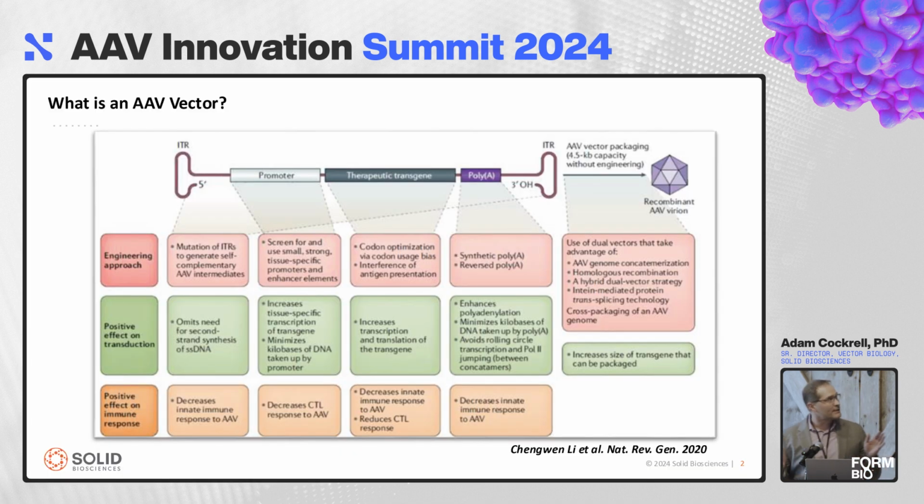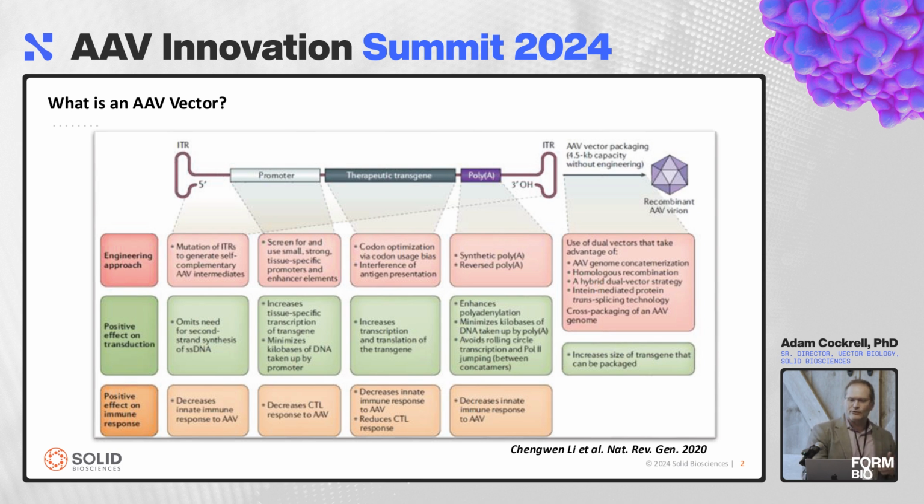So I usually show this. I think this group is pretty familiar with this, just to state that when we think about designing a vector, we have all of these combinations in mind when we start out, right? Early research, we're trying to think about promoters, transgenes, polyA, but not just these things. We're trying to think about introns. Do we include those or not include them, based on what the biological outcomes may be. 5' UTRs, 3' UTRs, all these combinations you want to think about. So how do we